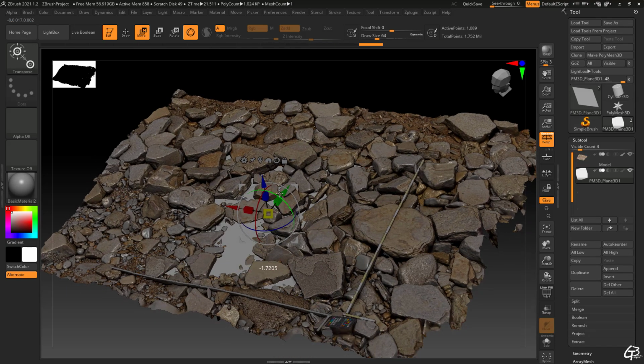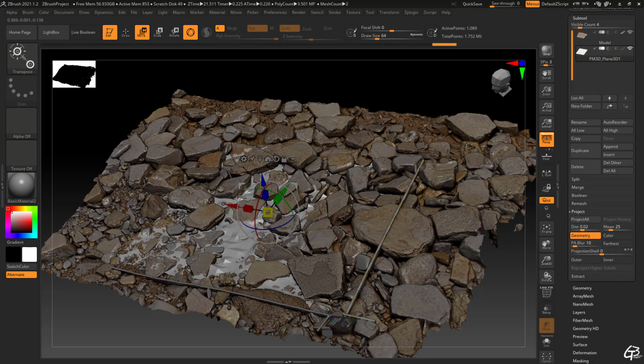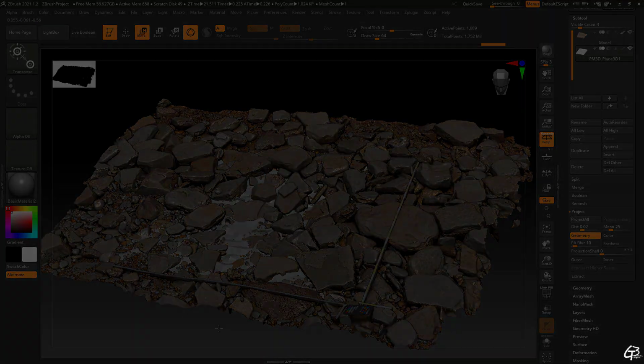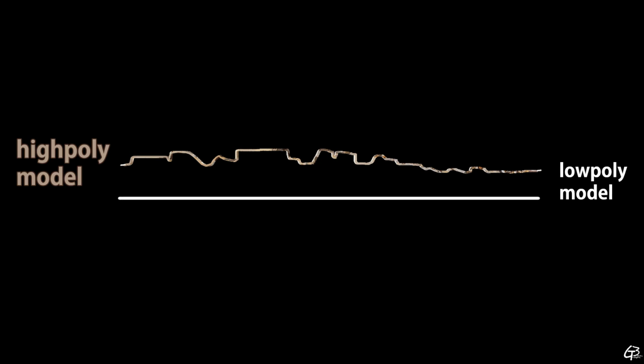Just to give a rough explanation to those who aren't sure about the baking process. The baking is the process to transfer 3-dimensional information, usually carried by the high poly model, into set of 2D PBR textures. To do it, we need to create a low poly model, which is a baking canvas to be used for the data projection.